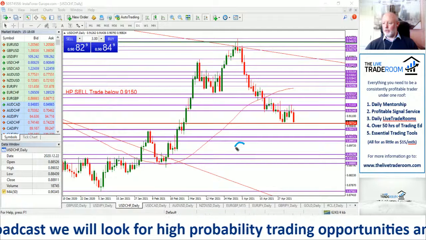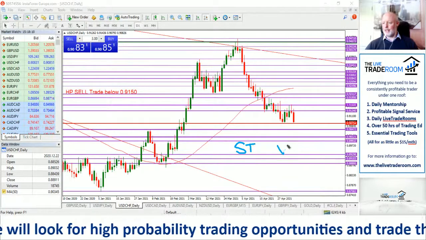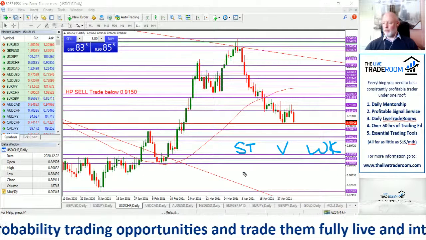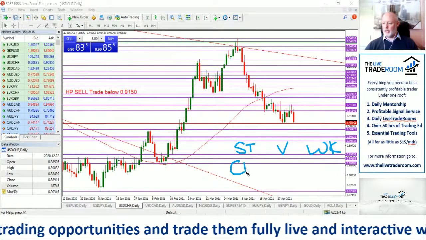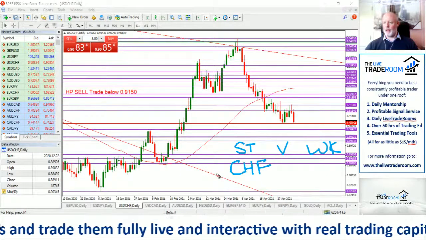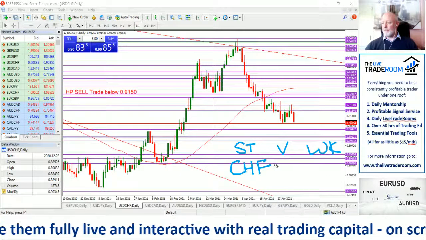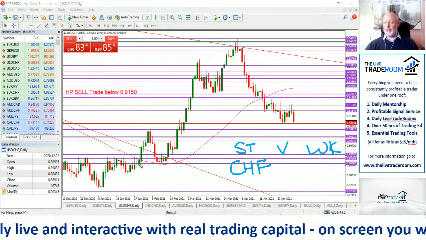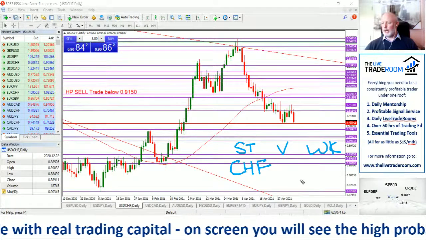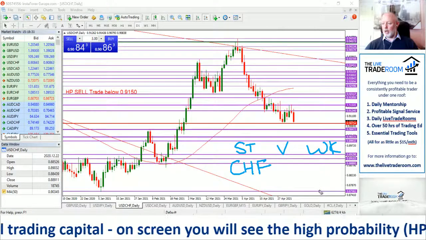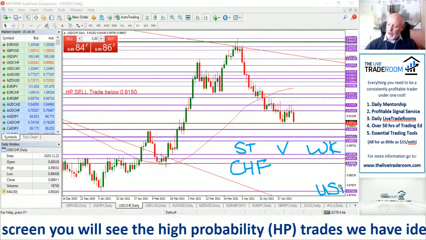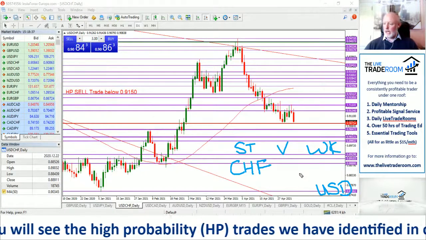So if we do strength versus weakness analysis, what we can very, very easily deduce is that right now the Swiss franc is by far the strongest currency. And what we can see is that the pound is marginally stronger than the US dollar. So we can put the US dollar by far as the weakest currency, and we can probably